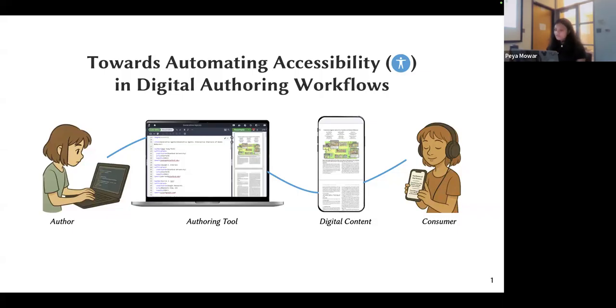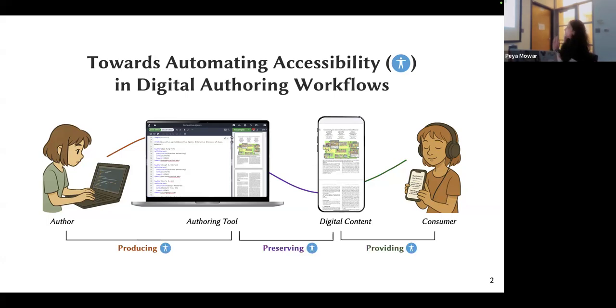And I have organized this talk in three parts. So there are three legs. Each of these legs represents the data handoff between each stakeholder. And I'll be starting from the consumer's end and making my way back to the author's end. So first I'll give a brief introduction about what is the kind of metadata that we're trying to preserve here. How do we provide it to a consumer that may have a disability? And then I introduce the two tools which focus on preserving and then producing that accessibility metadata.